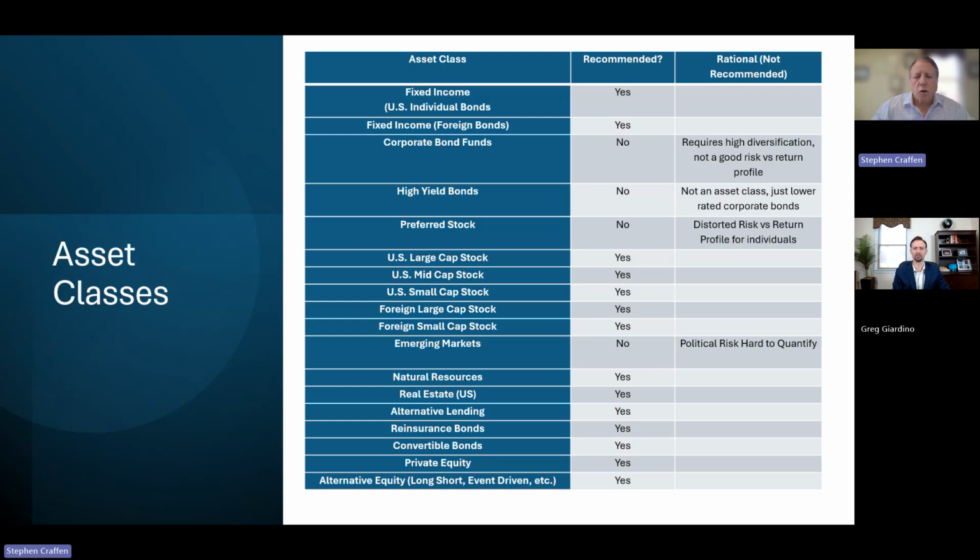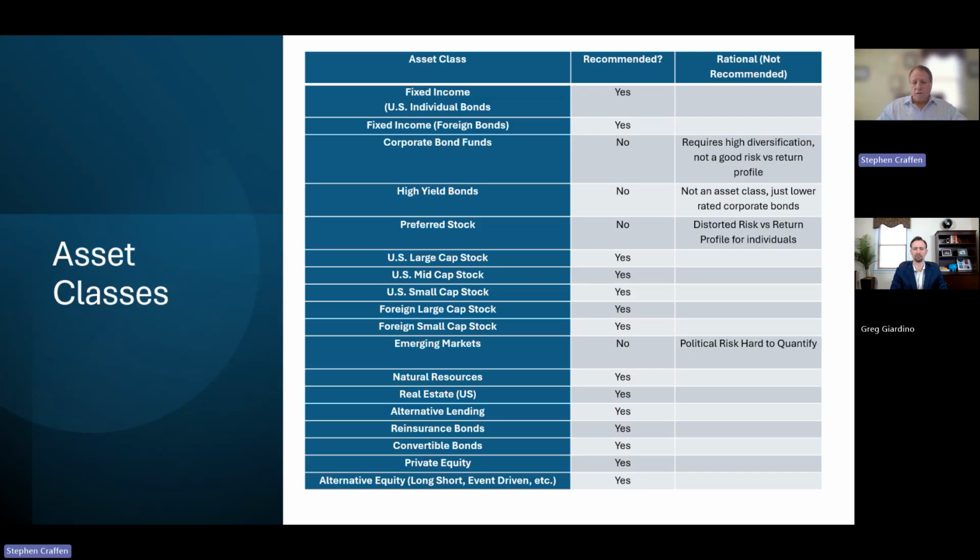And you see, we do recommend many of them, but there's some we recommend you avoid for various reasons. Now, there's a lot here, so we're going to have to get through some of this pretty quickly. For example, we don't recommend corporate bond funds. Quite honestly, corporate bonds are really not generally a good deal for the bondholder. They're a better deal for the corporation. And corporate bond funds exhibit a lot of the risk of corporate stock associated with that company. You also have to be highly diversified among corporate bonds, like you do with corporate stock. But you also have to be careful about credit downgrade risk and also default risk.